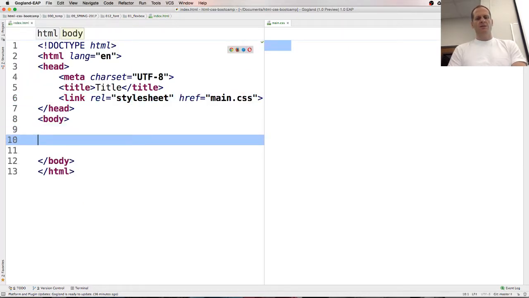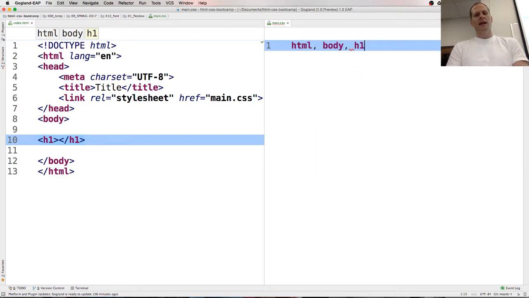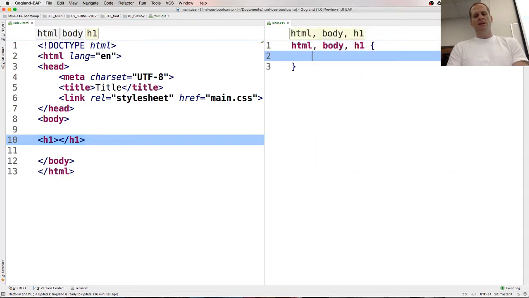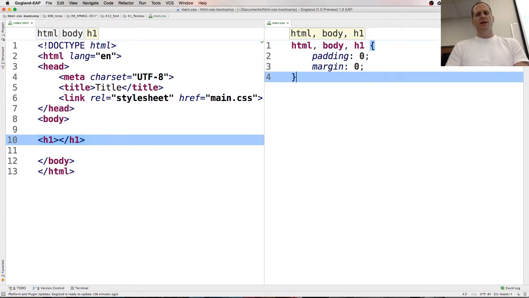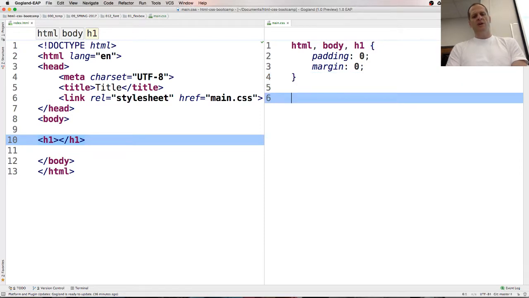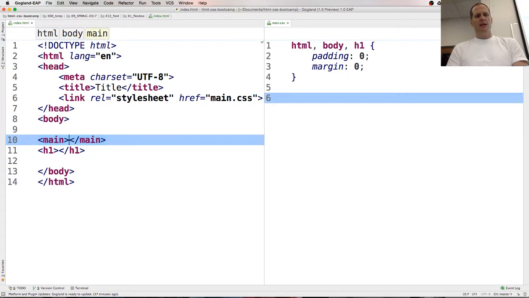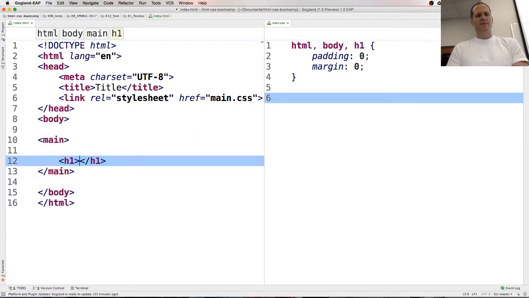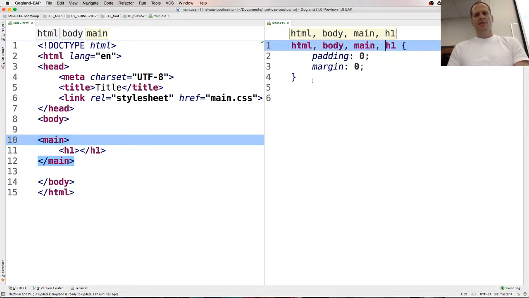So here's some text. I just want that text in the middle. I could reset some things here. So for html and body, I'm going to set padding to 0, border, and margin to 0. And for the H1, I'll create a main and put the H1 inside the main. I'll add the main on here. And then for the main,